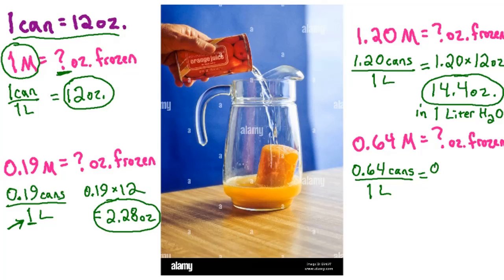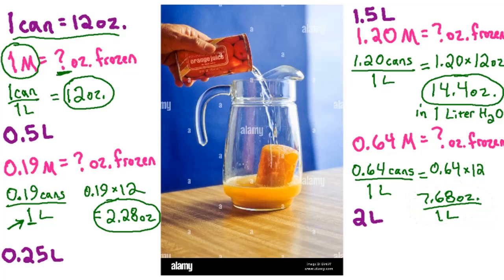So if we take 0.64 cans times the 12 ounces per can, then 0.64 times 12 is 7.68. So we used 7.68 ounces of frozen orange juice concentrate for every 1 liter of water that we put in the pitcher. Okay, now I've added to this and I specified how many liters of orange juice you actually have